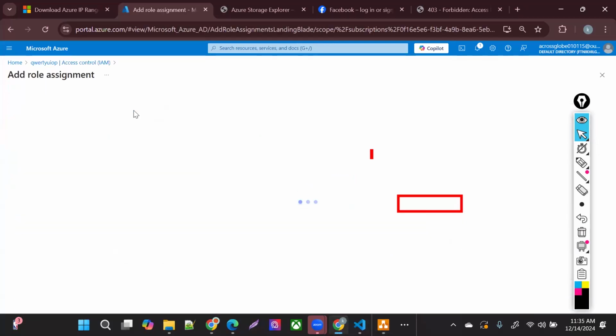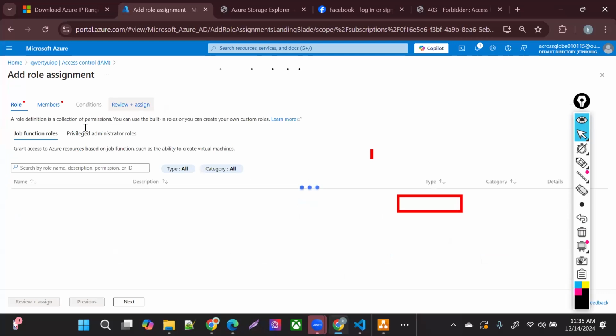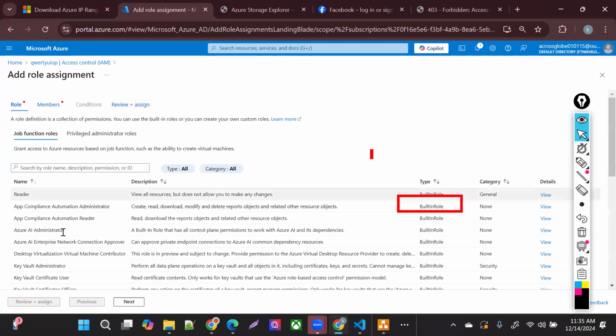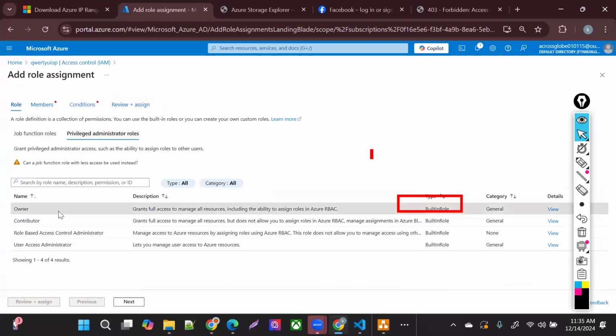I'll show you how. Now, these are all the roles, like Key Vault Reader, these are all job function roles. If you want to give only a particular role, say Key Vault Administrator only, or Key Vault Certificates User only, this is going to allow me that role. Or some privileged roles are there. If I say Owner, it's going to grant me full access, including RBAC also, and then modify and customize the resource. So let's say I'm selecting that Owner role.